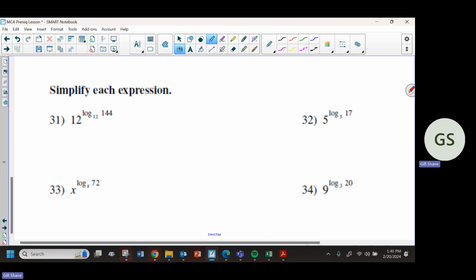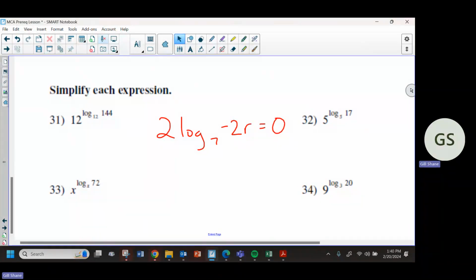Can you read that one out real quick, Clark? Yeah. 2 log, base of 7, power to negative 2r equals 0. Yes. All right. So again, here's the key. If you get nothing else out of this, get this today, right? When you are taking the log base, whatever, of something, of some power,